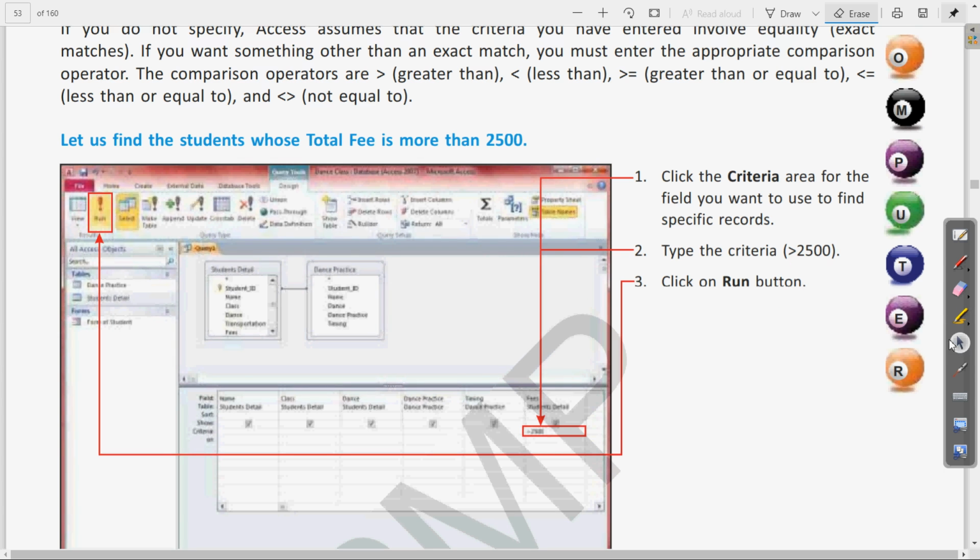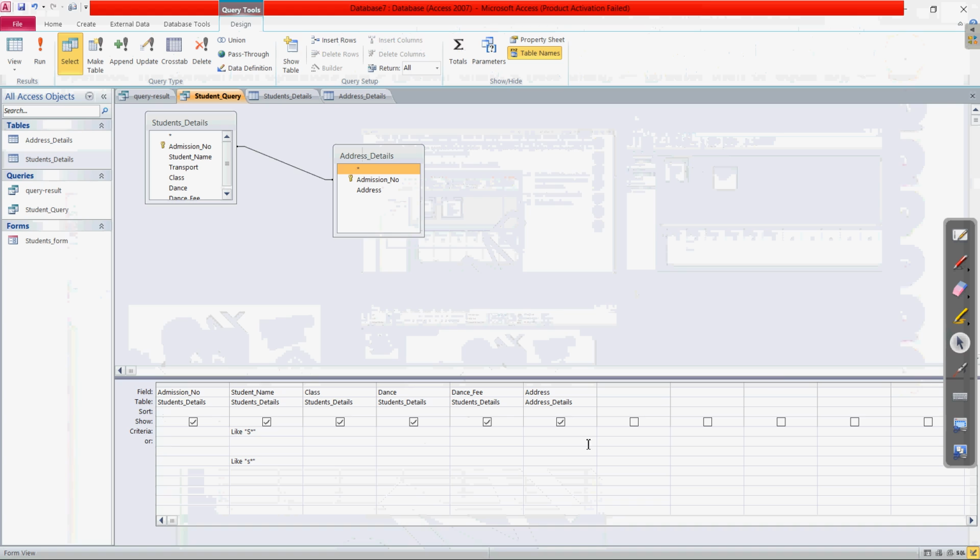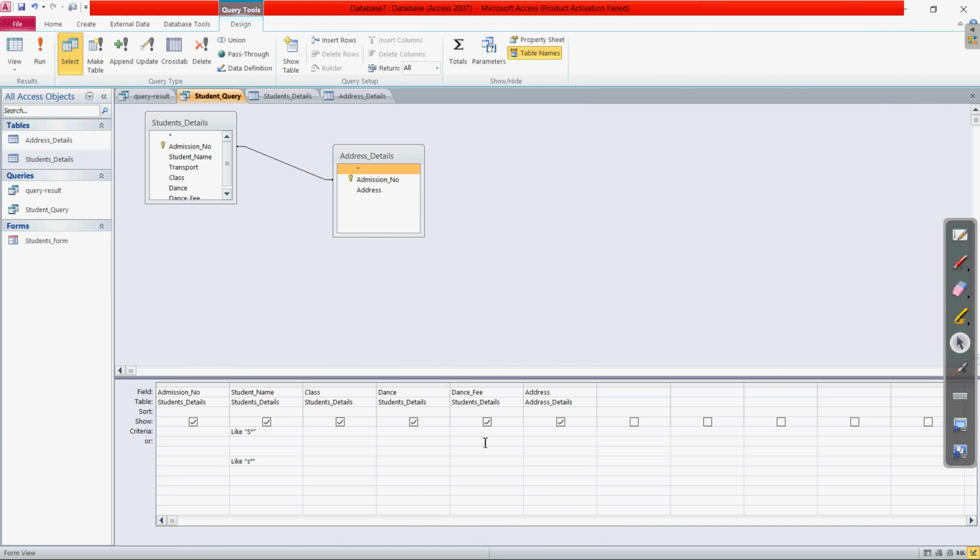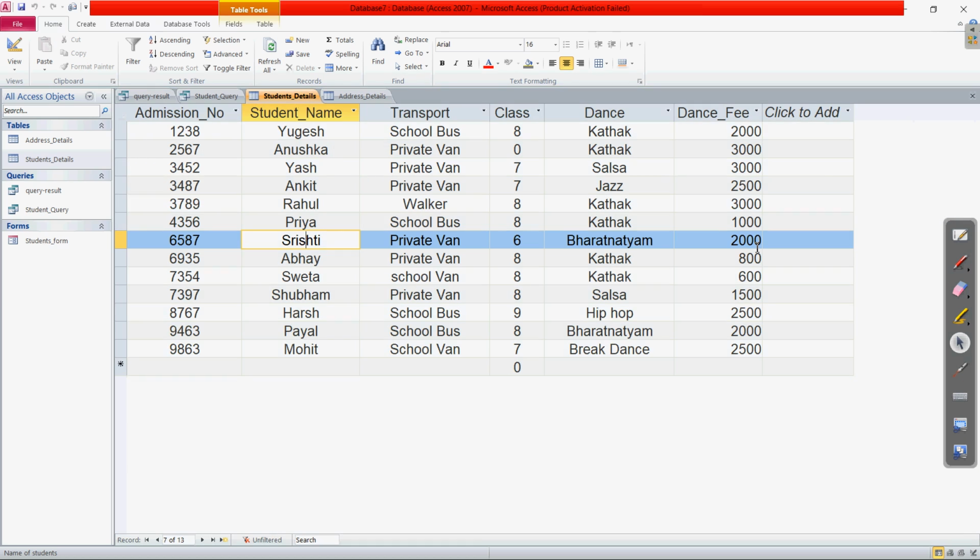So if we come to the window, here we are. We have dance fee as a particular column. Now let us erase this previous one. In the dance field, if I show you the student detail table, we have this dance fee column.